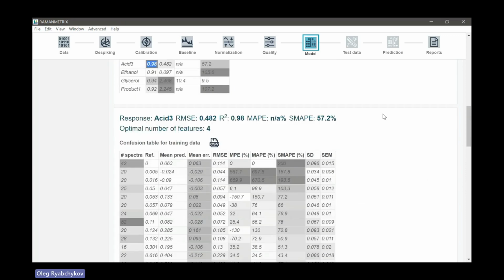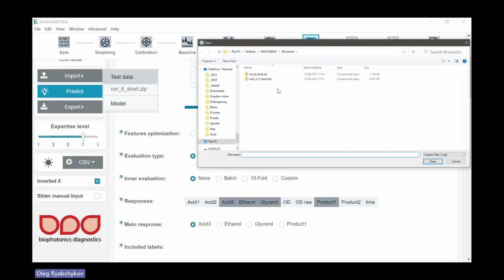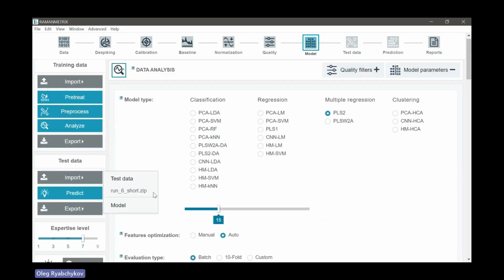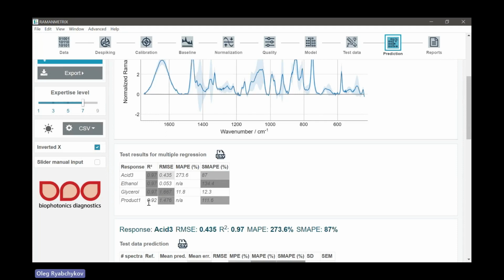So what we can do is load our test data. In our case, this is run 6, which was not included in training in any way. So this is an independent data subset. And by a single click, we obtain the predictions for this independent run. Here you can also see that predictions are actually quite good for all our predicted substances through the